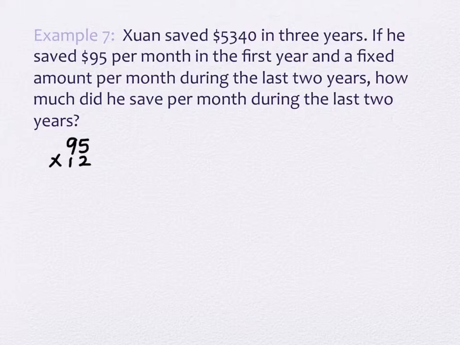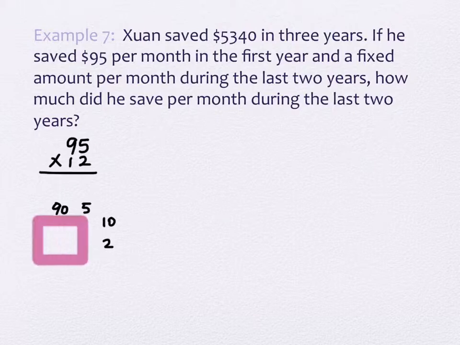Okay. So we're going to use some other method to do this, just to remind ourselves of one. I don't know which one. Every time I do it, I do something different that's in my notes. So we're going to do partial products. So 90 and 5, and then we're going to have 10 and 2. Okay, and what we do, that's not going to work,